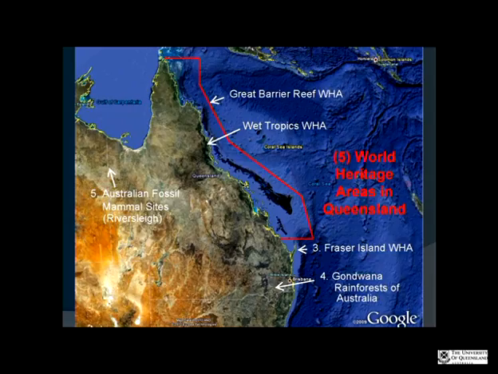So there are 5 World Heritage Areas in Queensland. We've got our convenient arrows up on the slide here. We've got the Great Barrier Reef World Heritage Area, and then slightly lower down, the Wet Tropics World Heritage Area. Down the right-hand side here, we've got Fraser Island World Heritage Area, and we've got Gondwana Rainforests, and then up to the left there, the Australian Fossil Mammal Sites of Riversleigh. So Queensland's quite